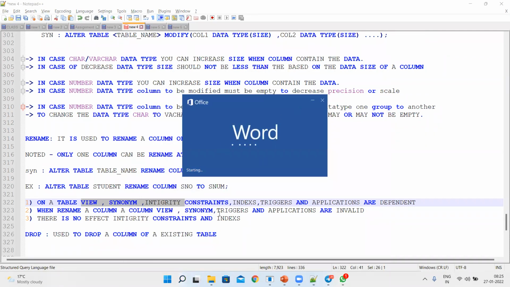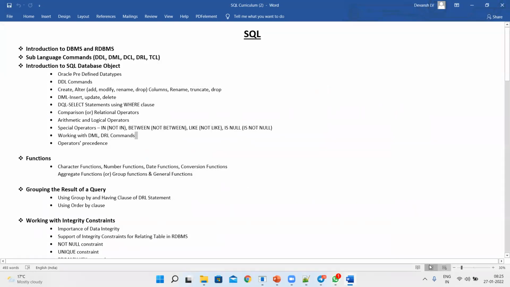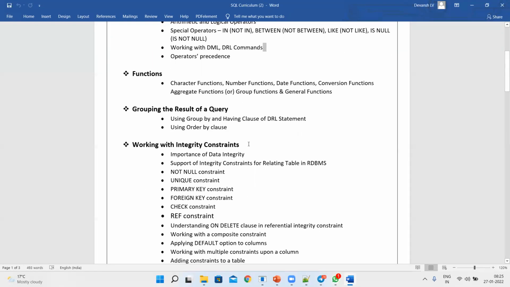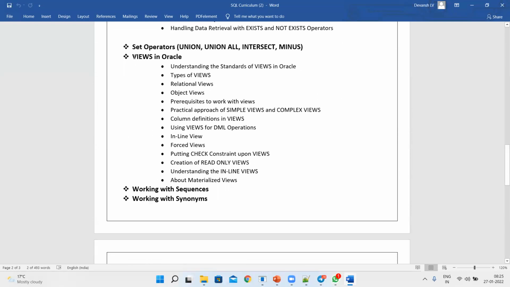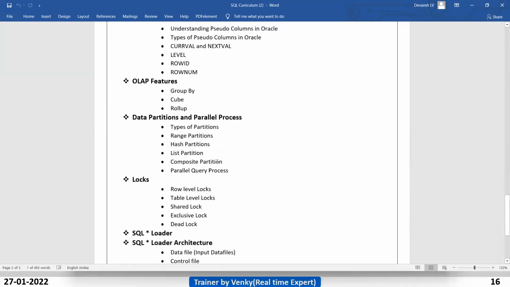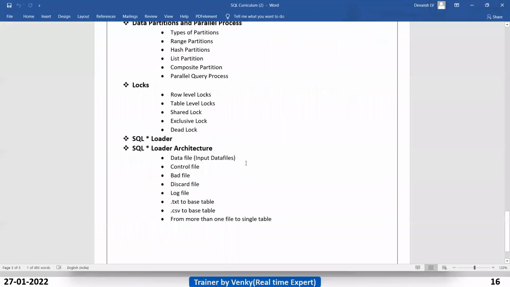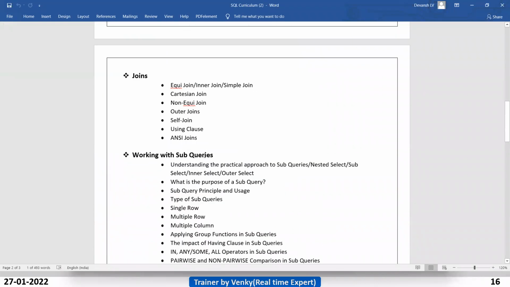There is a separate topic for each of them: integrity constraints, views, sequences, like that. Triggers will come in the PL/SQL concept, and indexes also. We can discuss everything there.